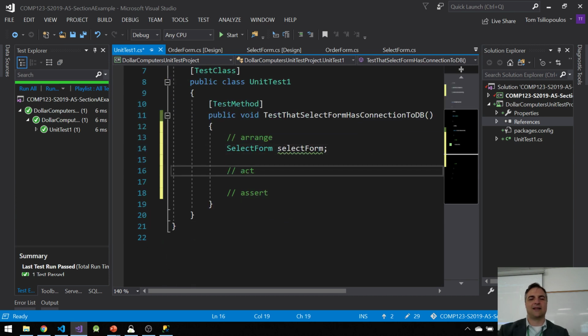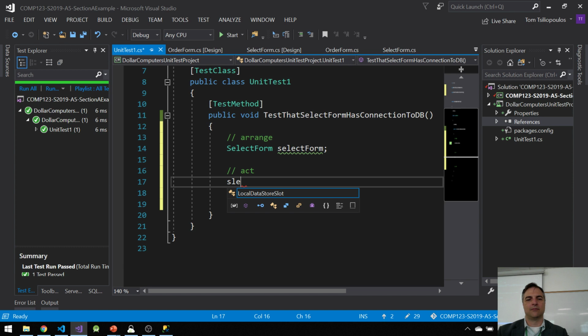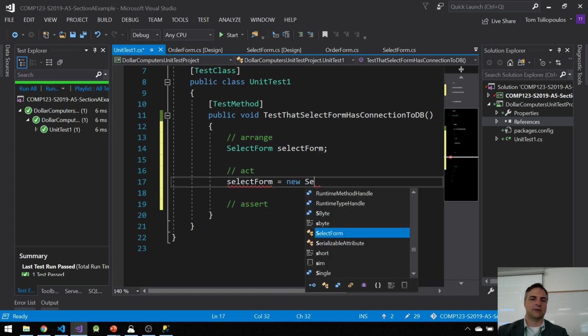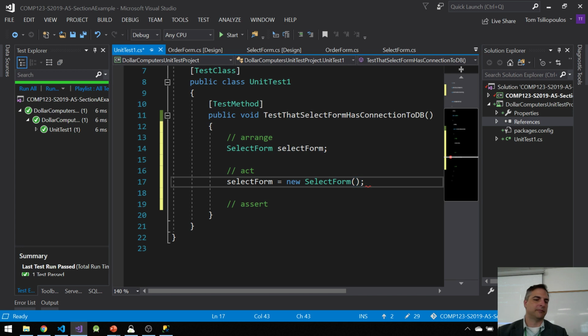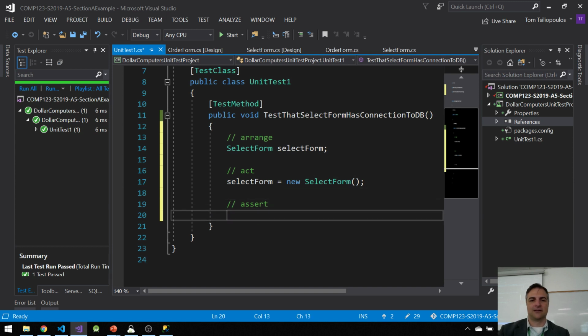And in my act, I'm going to say select form is equal to new select form. I create my select form. And I'm going to assert that select form dot